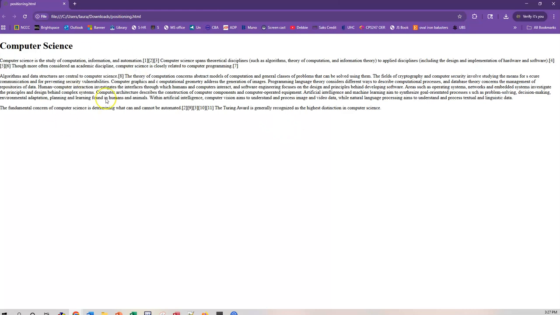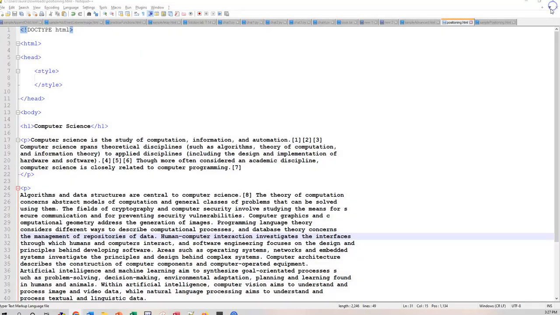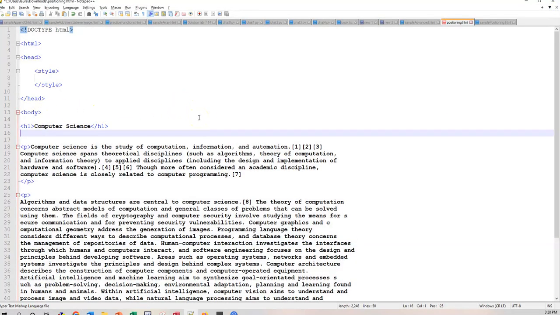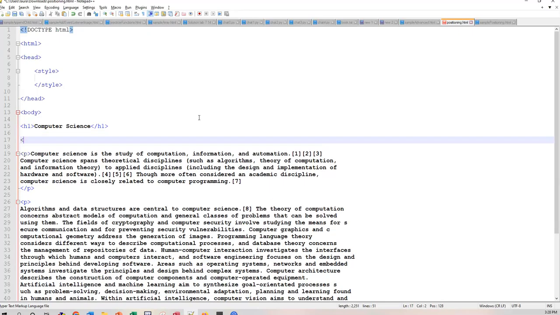Now what I want to do is add an image and put that image in a fixed location. So I'm going to put an image here in between, and I already downloaded an image here, so that's what you're